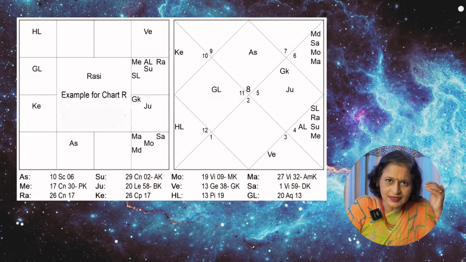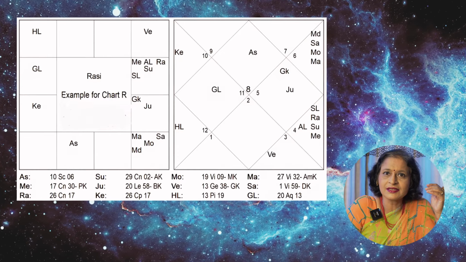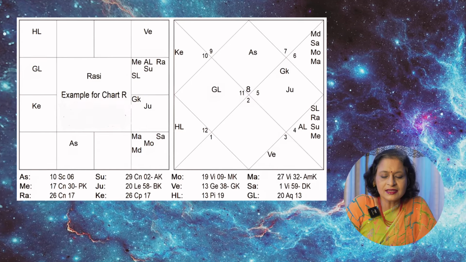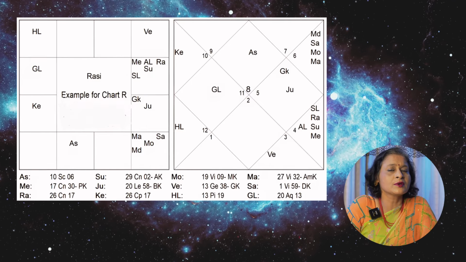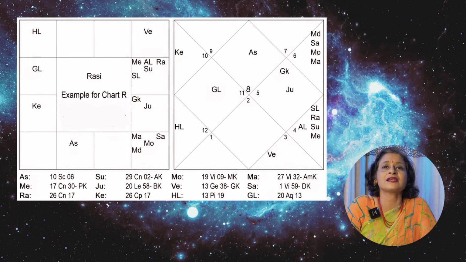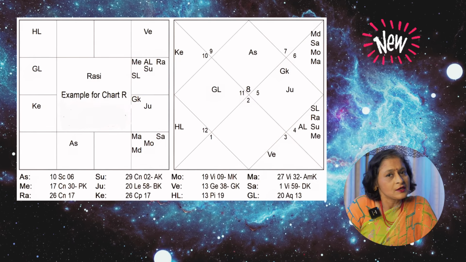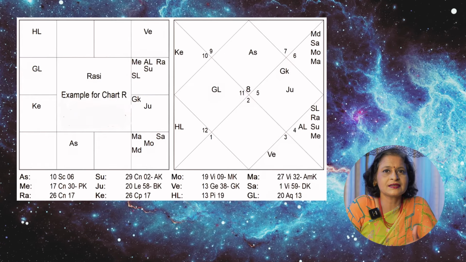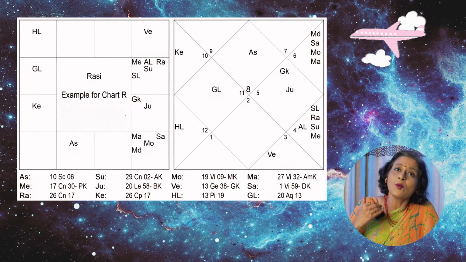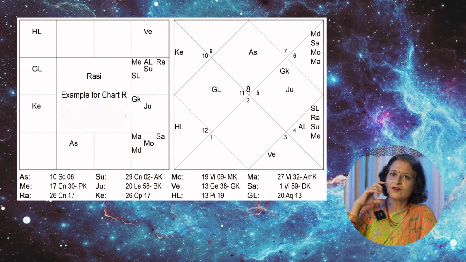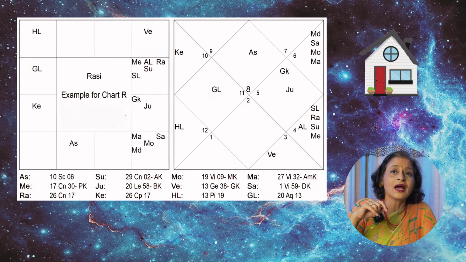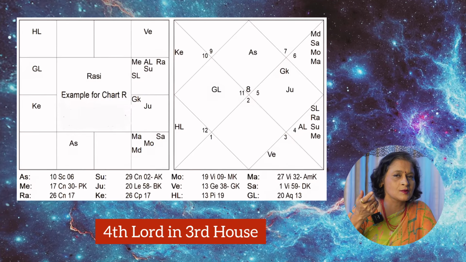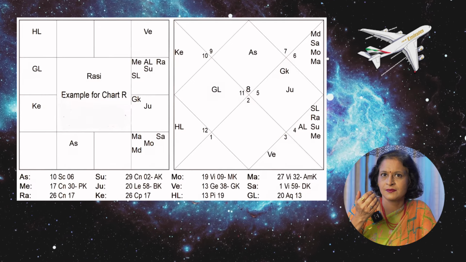So I tell the person that, see, the 7th house belongs to the spouse. So it is the 3rd, 4th house operating for the spouse. So I said, did the spouse start something new? Because the 3rd house is a house of starting things new. So she said yes, the spouse started something new. And I said, did the spouse have travels? Why travels? Again, the 4th house is a house of home, and if the 4th lord is in the 3rd house, it would denote travels.